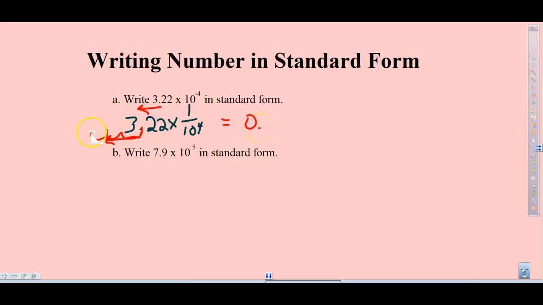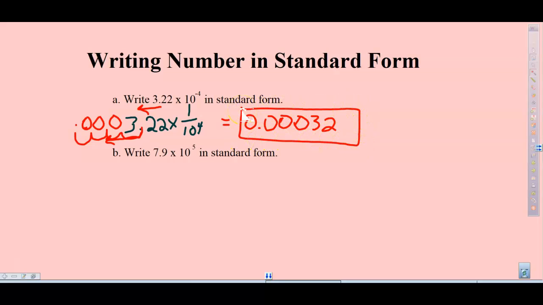1, 2, 3, 4. That's where it's going to be. And then we just plug in zeros for those locations that had no digit, like so. Okay? So there's our standard form. In the next one, we have 7 9/10 times 10 to the 5th. Well, 10 to the 5th power is the same thing as